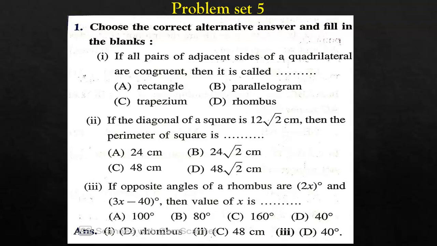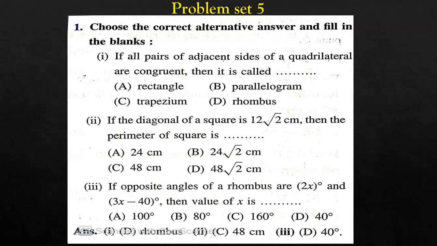Question number 1. Choose the correct alternative answer and fill in the blanks. First one. If all pairs of adjacent sides of a quadrilateral are congruent, then the correct answer is rhombus. Second one. If the diagonal of a square is 12 root 2 centimeters, then the perimeter of a square is,